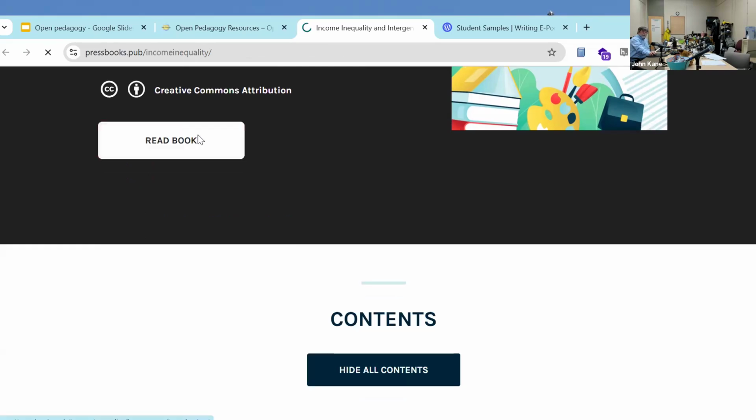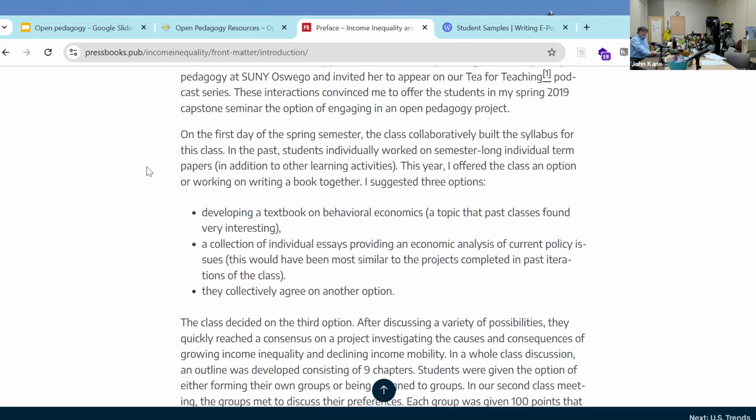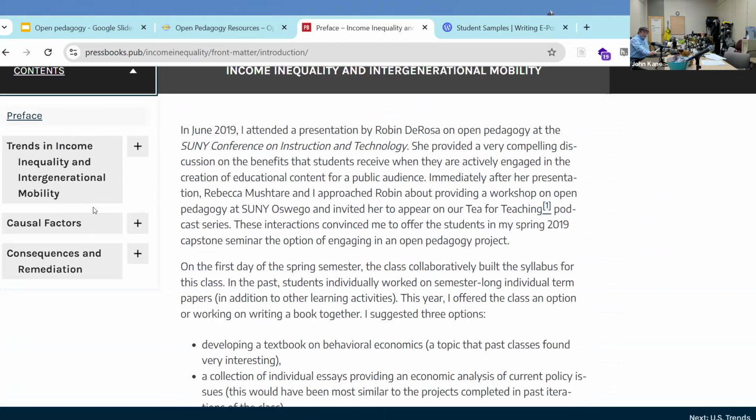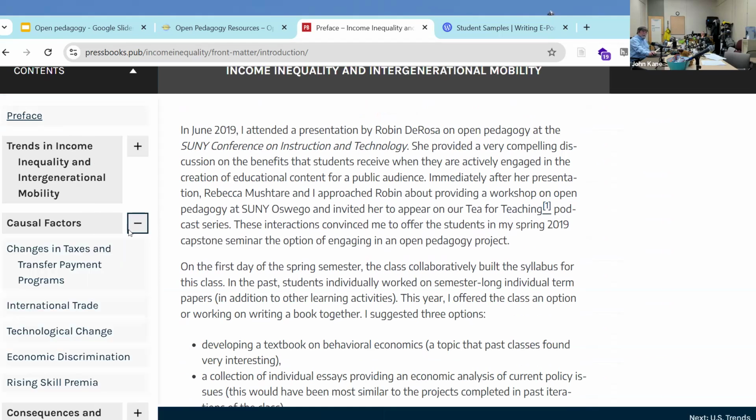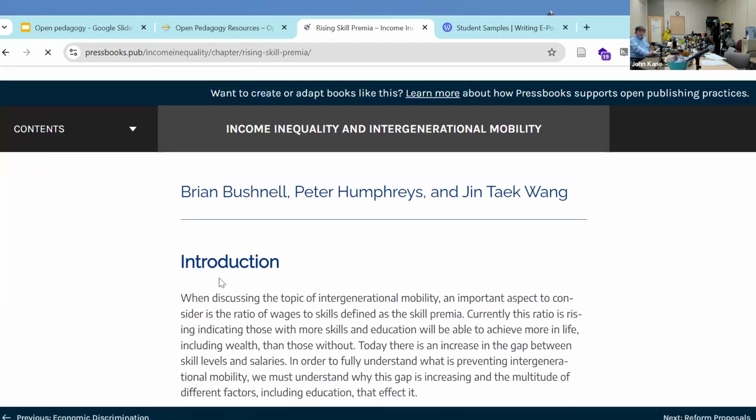And if you go here, you can see, it was kind of nice. It was a little description of how this got started. And if you go over here, there's a contents. There were 3 parts to the book, one on trends in income inequality and intergenerational mobility. Another addressed causes of income inequality and intergenerational mobility. And the next was consequences and remediation. So here they talked about changes in tax and transfer payment structures, government programs. They talked about the impact of international trade, technological change, economic discrimination, the rising skill premia, where the authors of